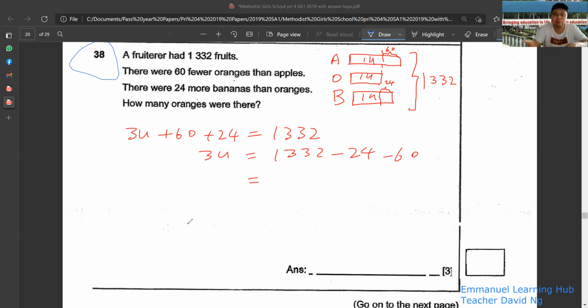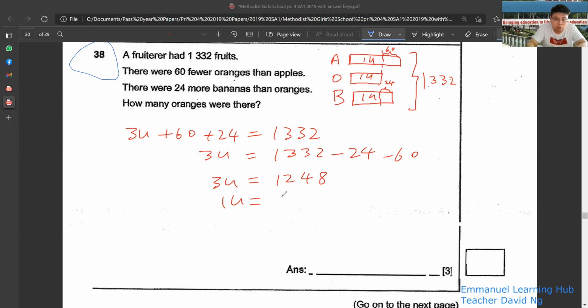Understand? Yes. Okay, the minus I won't do with you. The minus you should know how to minus by now. Okay? Do you know how to minus? Yes. 3 units is 1248. So 1 unit equal to